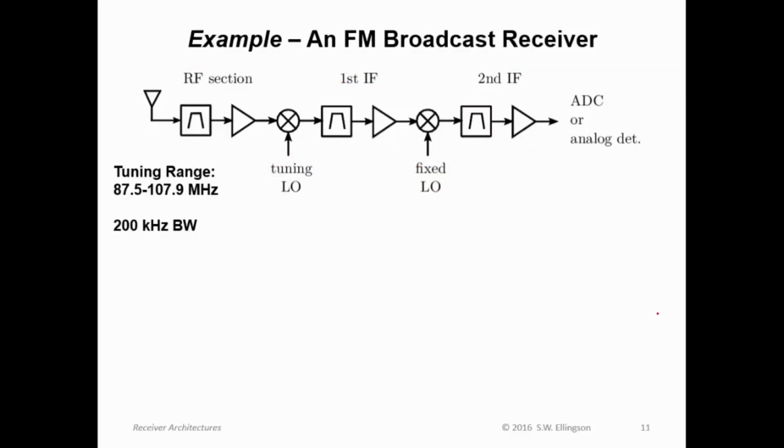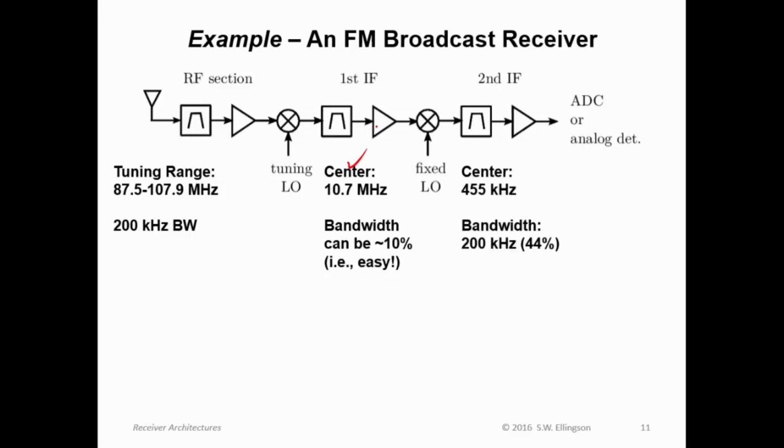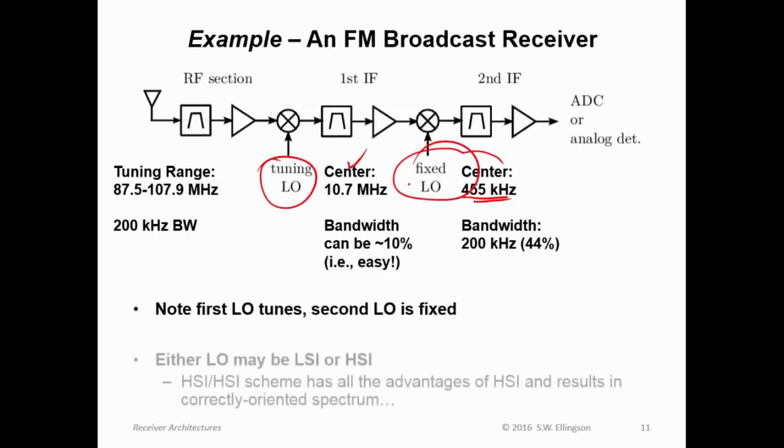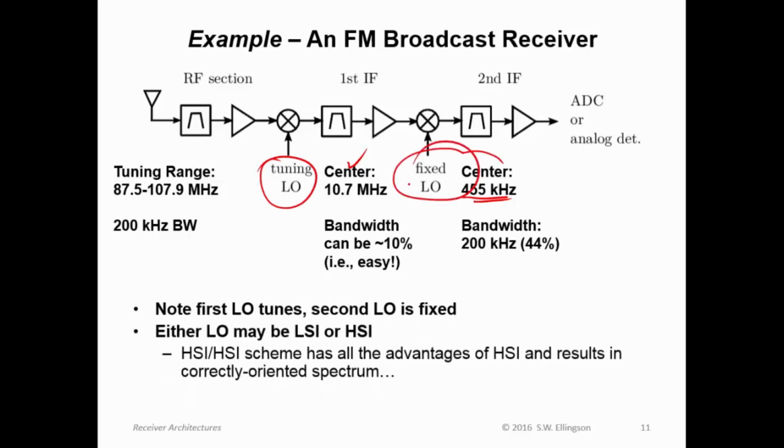So here's an example of an FM broadcast receiver using dual conversion. The first IF, we could go to 10.7 megahertz. The second conversion, we could go to 455 kilohertz, which is a fairly common final IF for a dual conversion superhet. Note the first LO tunes, the second LO is fixed. Either LO may be low side or high side. However, I'll tell you, if you do both high side, you've got a huge advantage in that you get all